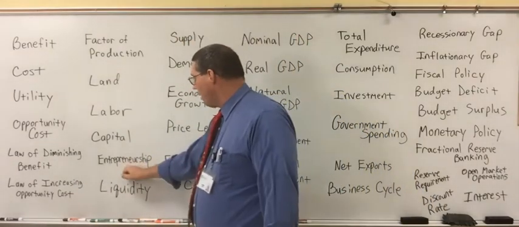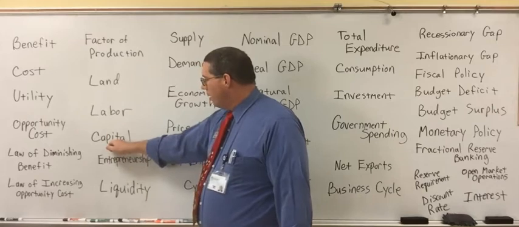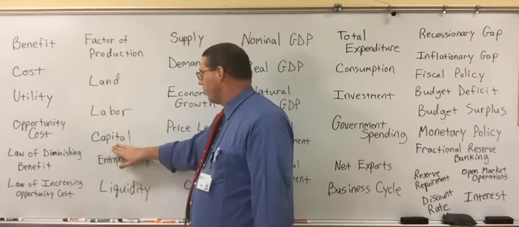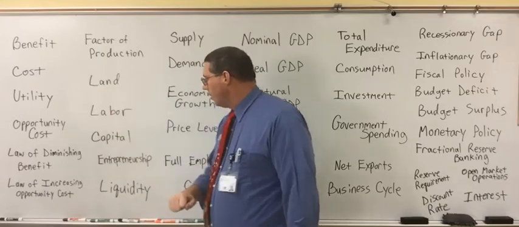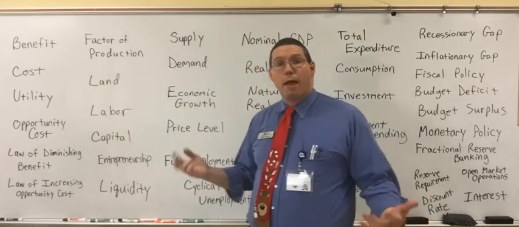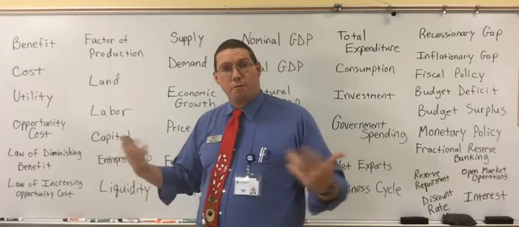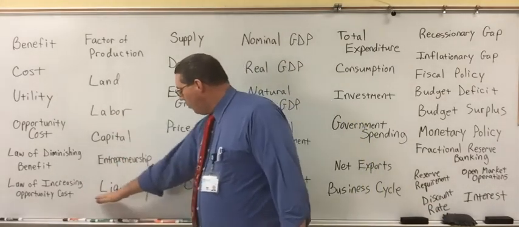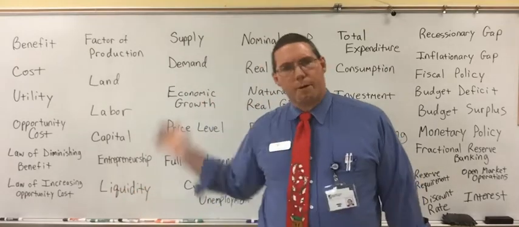Okay, so here's the creative energy. This is produced materials that are used for producing more materials. Land is natural resources, and labor is the people and their effort and their time and their skill and their knowledge. Okay, that's labor. Now I just kind of threw liquidity in here because I didn't know where to put it in the whole thing,